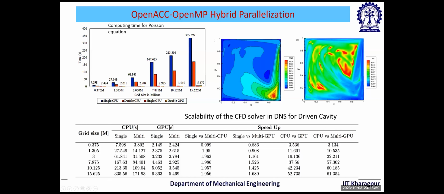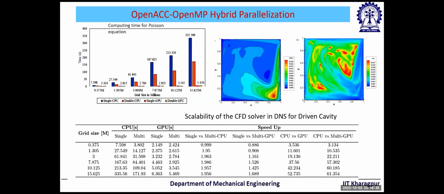and we can see that there is a good speed up. However, for single to multiple CPUs, going to 2 CPUs, there is around 1.2 times speed up, but from single to multi GPU, there is around 1.6 times speed up. There is a little reduction in speed up due to OpenMP synchronization, etc. And in one particular case, the speed up is also not linearly increasing with mesh size, because we believe that there are cache related issues when we implement OpenMP parallelization. Next, we solved direct numerical simulation of lid-driven cavity at 10,000 Reynolds number and